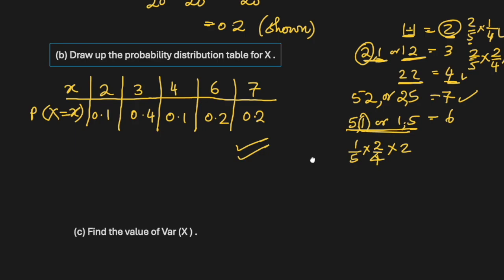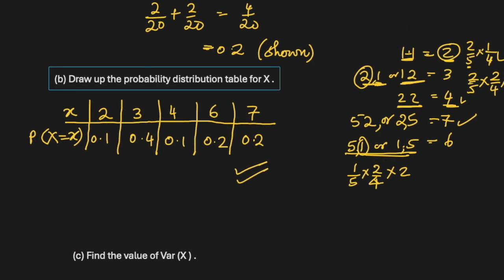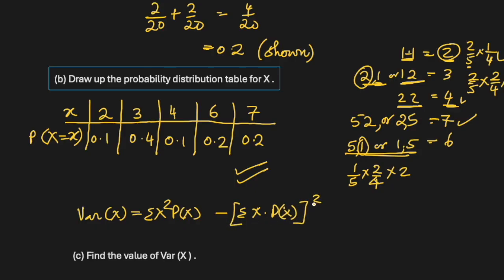Next, find the variance. For this, the formula for the variance of x will be sigma x square probability of x minus sigma x p(x), the mean, basically the expected value, whole square. This will be the formula, and for that we need to do this one first, where we have to multiply the x and its probability. So let's do it here. So x is 2, its probability is 0.1. 2 multiplied by 0.1 is 0.2,